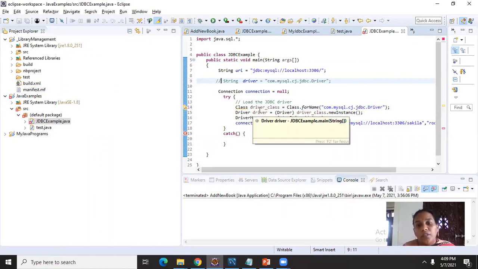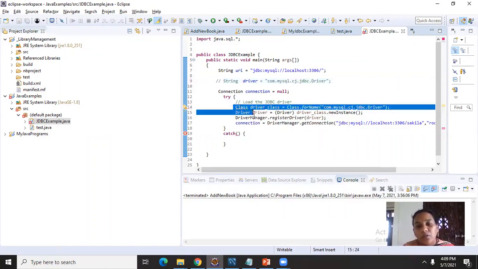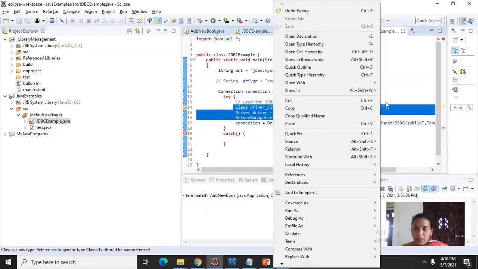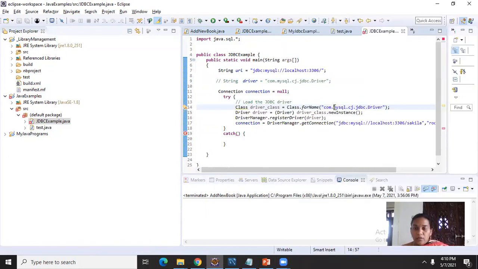Yes. First, this is the mechanism to register the driver. These are the 3 steps. The driver class we need to first instantiate. I am loading com.mysql.cj.jdbc driver into the driver class and creating an instance of the driver class. From the DriverManager, I am registering the driver.